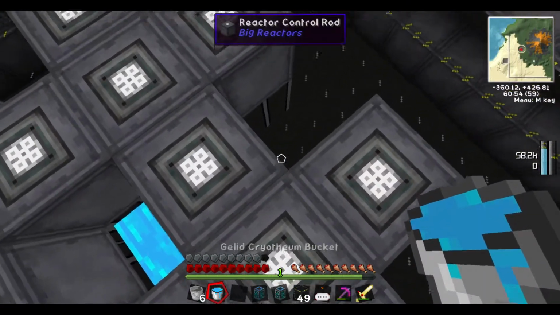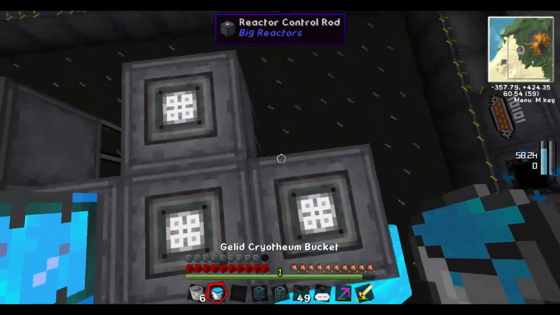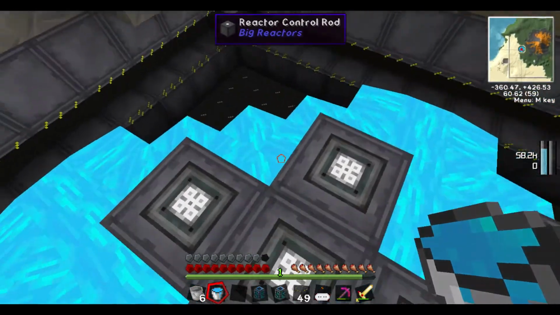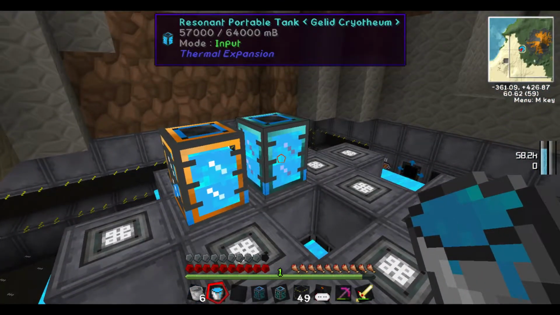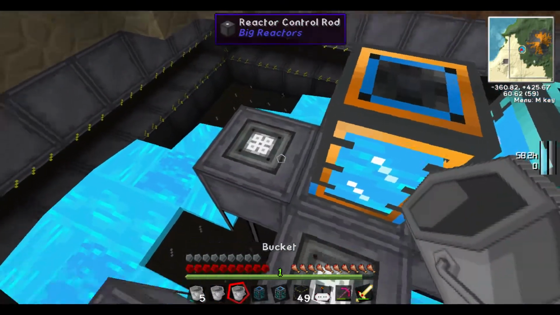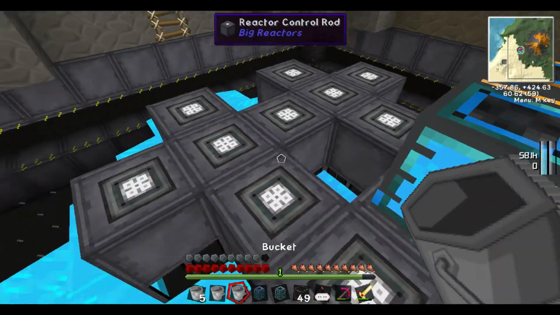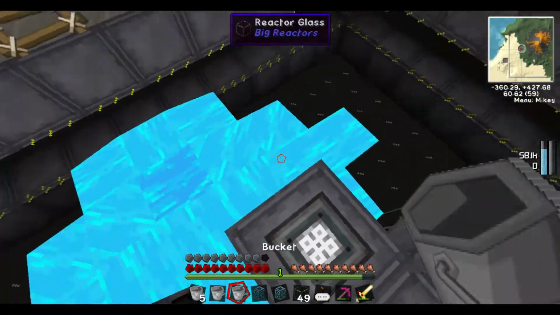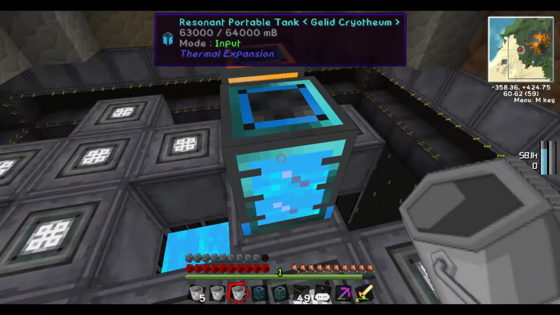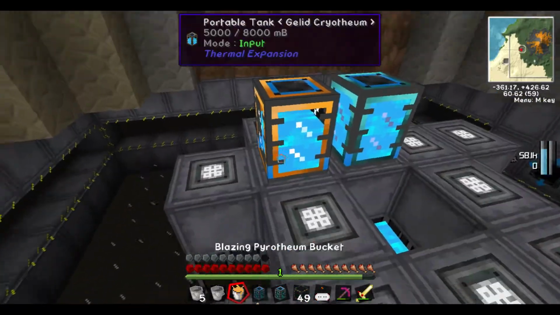This is the best coolant for in between the reactors, or in between the rods. And then the crap, I can't remember which ones I've actually put in there. So let's just pick it up again. Anyway, so the cryothium is better than the resonant ender right here in the middle, but then the ender is better on the edge. I'm not entirely sure why. I think it has something to do with the absorption of the radiation. But anyways,